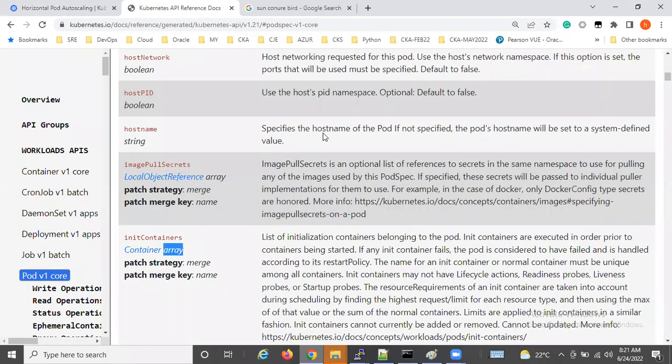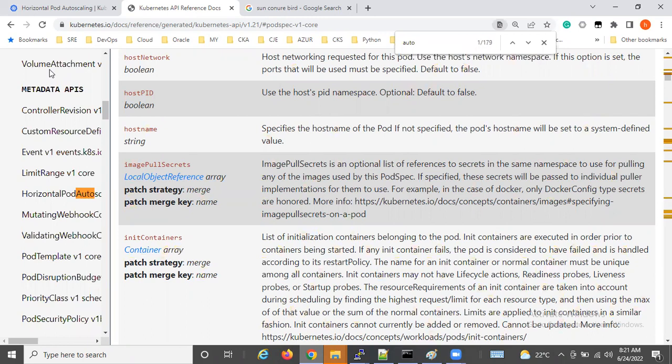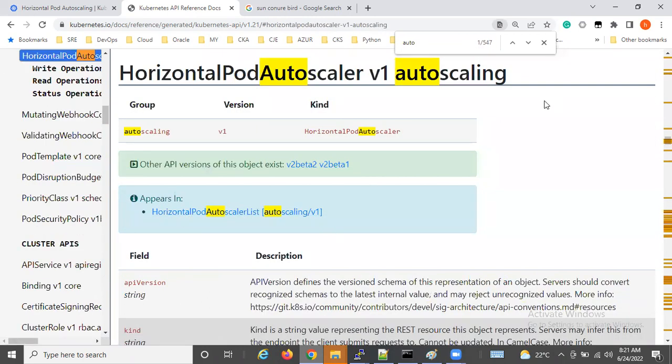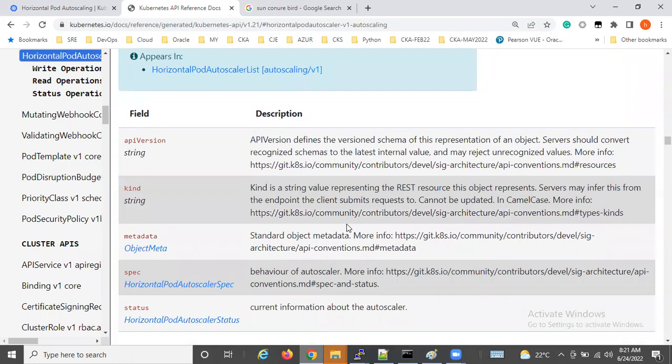That is one good thing. Horizontal pod autoscaler. You can come to this and take the spec and write